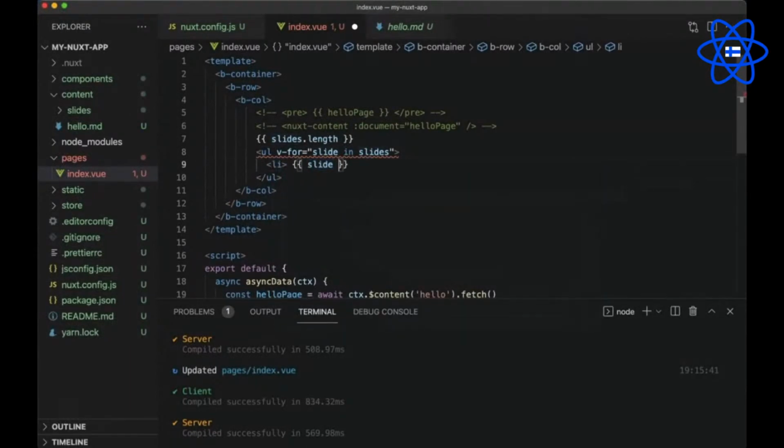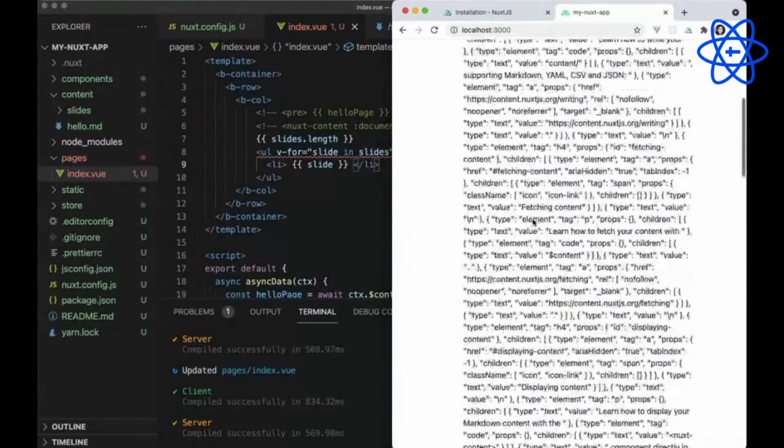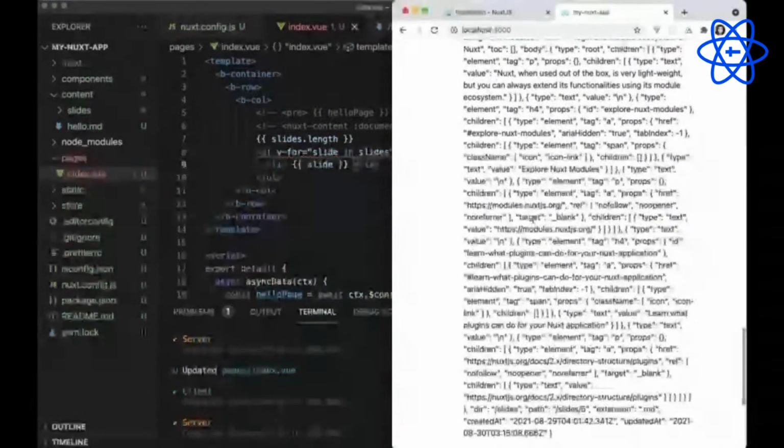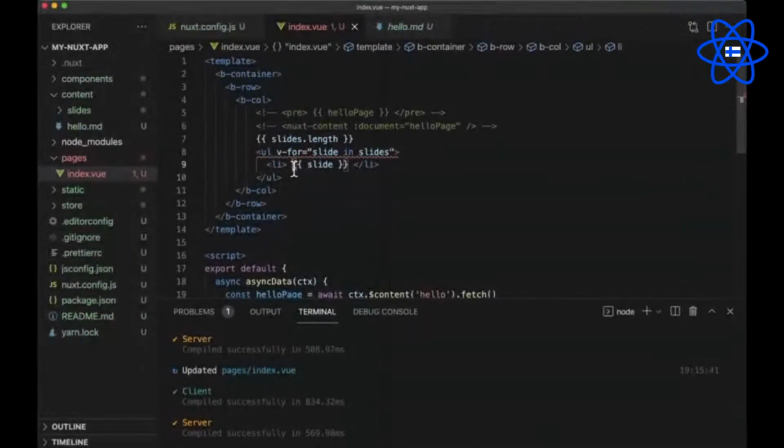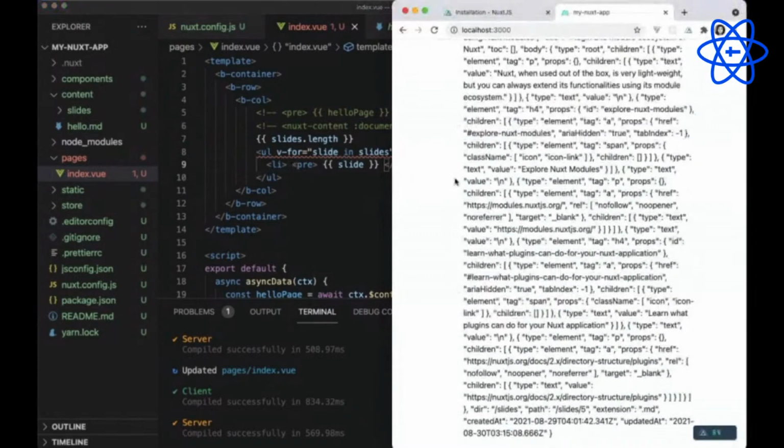And in here, we will print the individual slide. Now if we look, we should have 5 bullet points, so that means it's working. Now to see it a little better, let's pre-tag it.